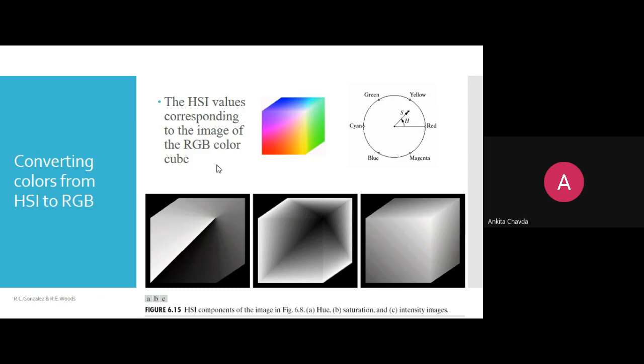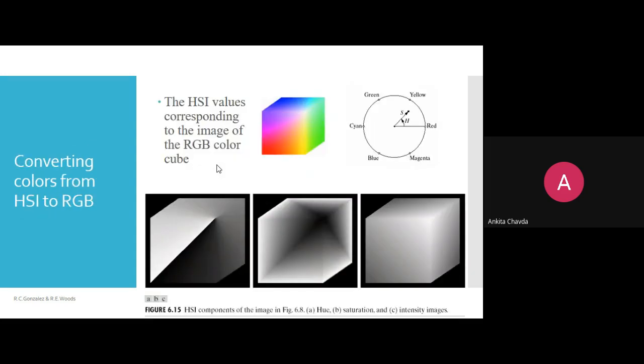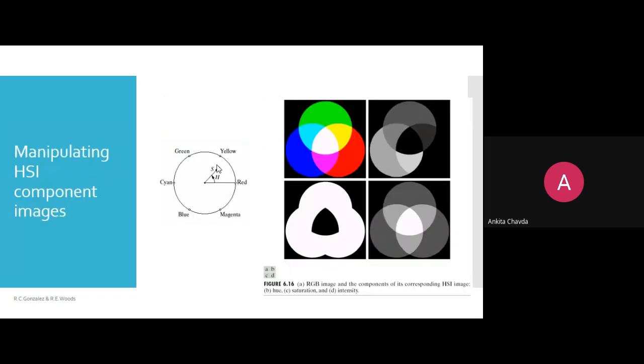I'll directly show you the formulas. I really don't mind showing you that, but that is of less interest, we can say. That would be the main thing for manipulation of the colors, which is the very next topic: manipulating the HSI component images. How you can manipulate the colors. So if you wish, I'll put the formulas here. Based on those formulas only, we are calculating how to manipulate the HSI component image. I'll show you one of the things.